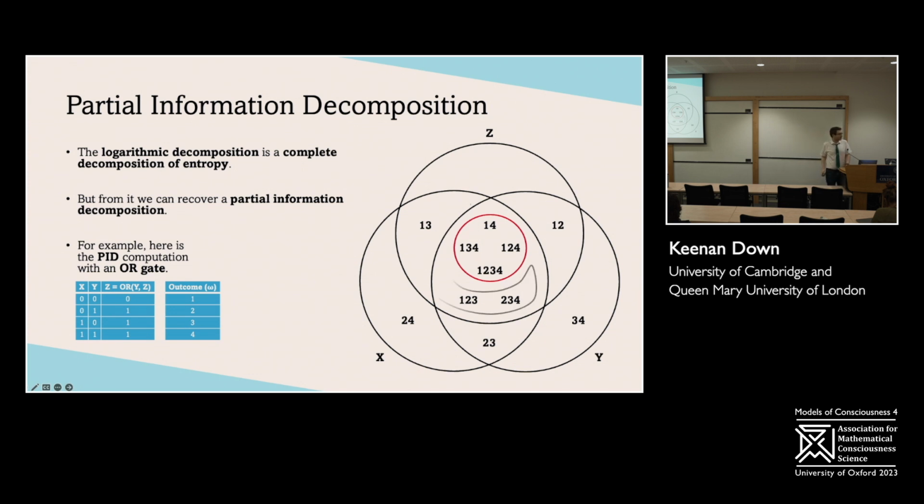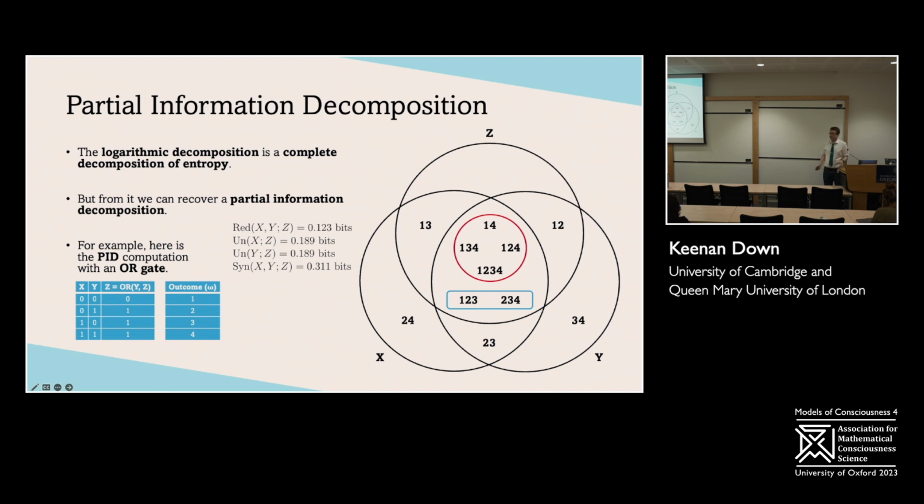So that would be the shared information. This would be the unique information. You can ask me why that's true later. This bit here, the negative of this, will be the synergistic information. And the actual numbers you get out the other side are these numbers here. So you have this much information which is essentially shared between the three variables.